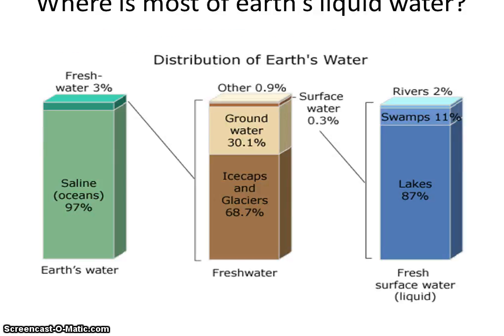So if we're going to talk about the liquid water on Earth, we have to talk about where it is. By far and away, most of that liquid water on Earth is salt water in the oceans. About 3% of all the liquid water on Earth is fresh, and 97% is salt. And even that fresh water, most of it isn't in the lakes and swamps and rivers on the surface. That's only a fraction of 1% of that fresh water. The vast majority of liquid water on Earth is salt water in the oceans.